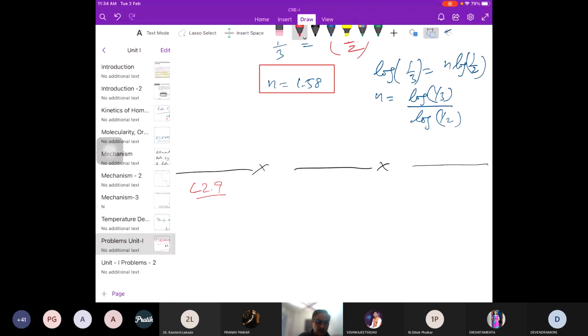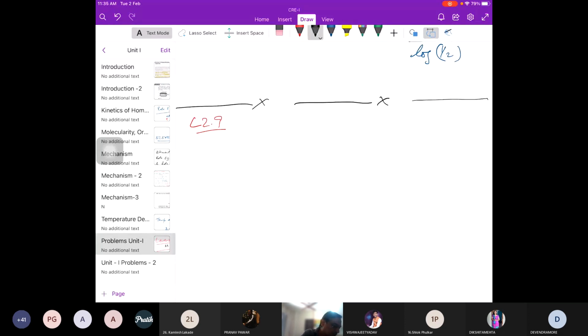Okay, so I will write, when I said L 2.9, that means Levenspiel 2.9 problem. That is my code word. So when we have that rate equation is normally minus RA equal to K CA to the power of N, or K naught. Right. So what is given is